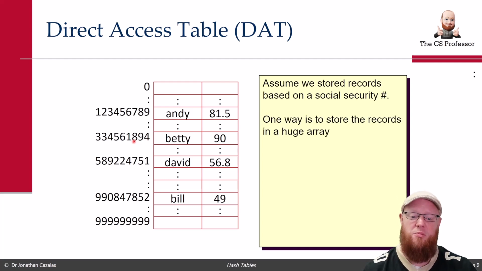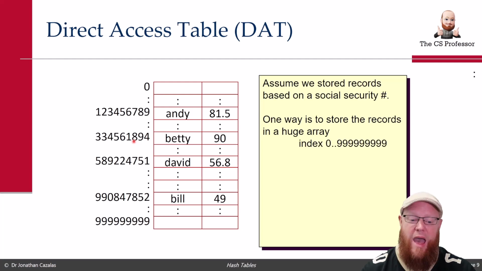So here we have this table based off of social security numbers, and we have this huge table. How large does it have to be? Well, think about how many digits are in a social security number. There are 9 digits in a social security number. So if you have 9 digits, that would go from index 0 all the way to index 999,999,999. That would be a billion size, an array of size billion addresses, references, where each reference points to an